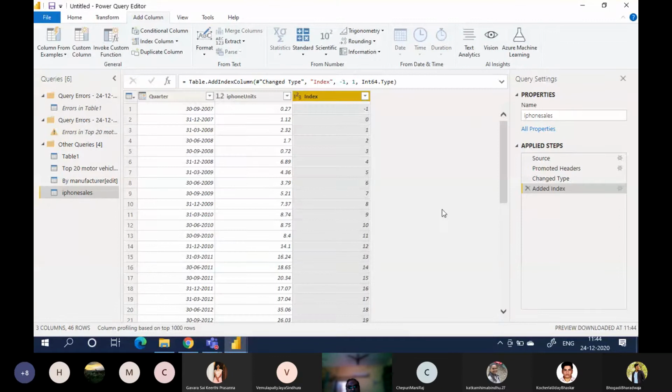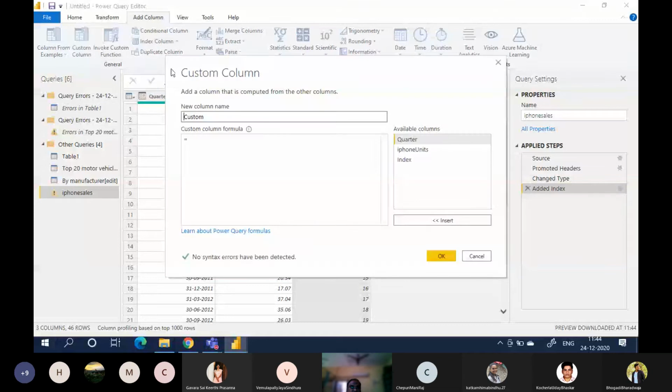Click OK. It has added the index. Have all of you done till this point? Next, custom column. Name: quarter on quarter growth.